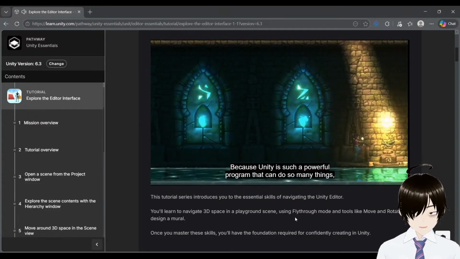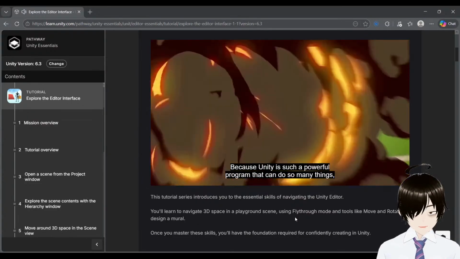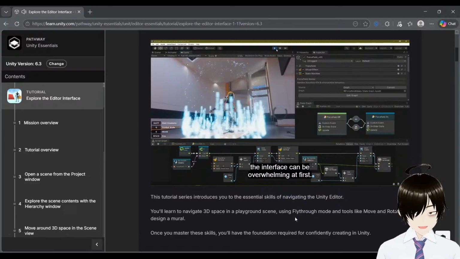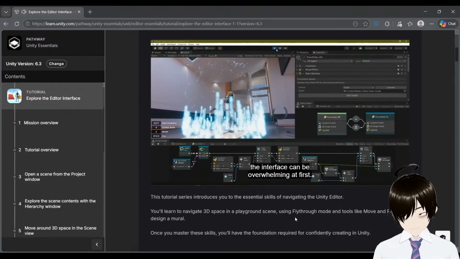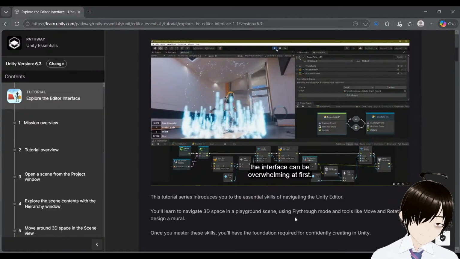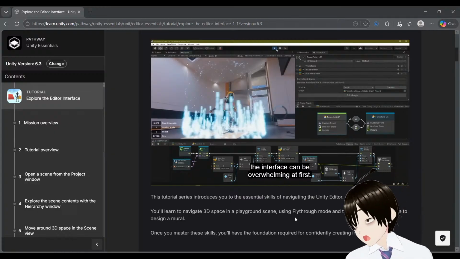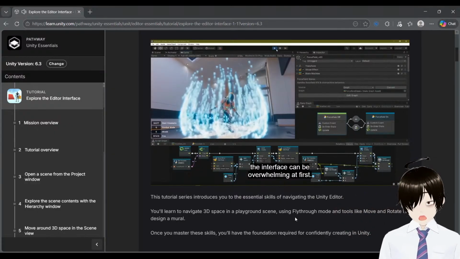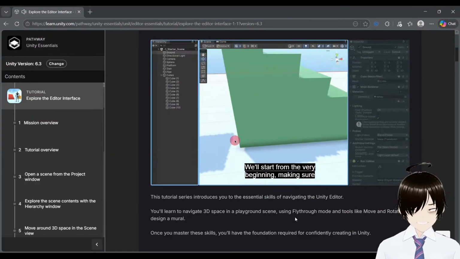Because Unity is such a powerful program that can do so many things, the interface can be overwhelming at first. So we'll start from the very beginning, making sure